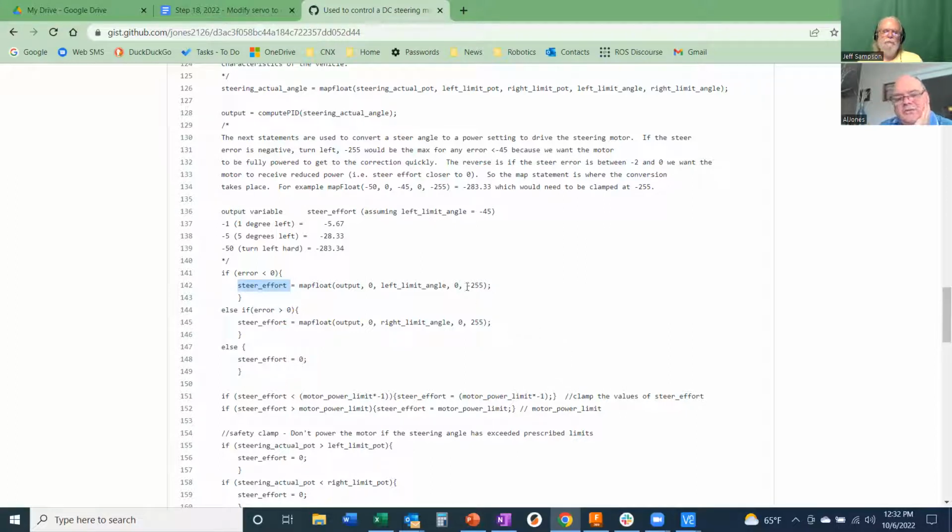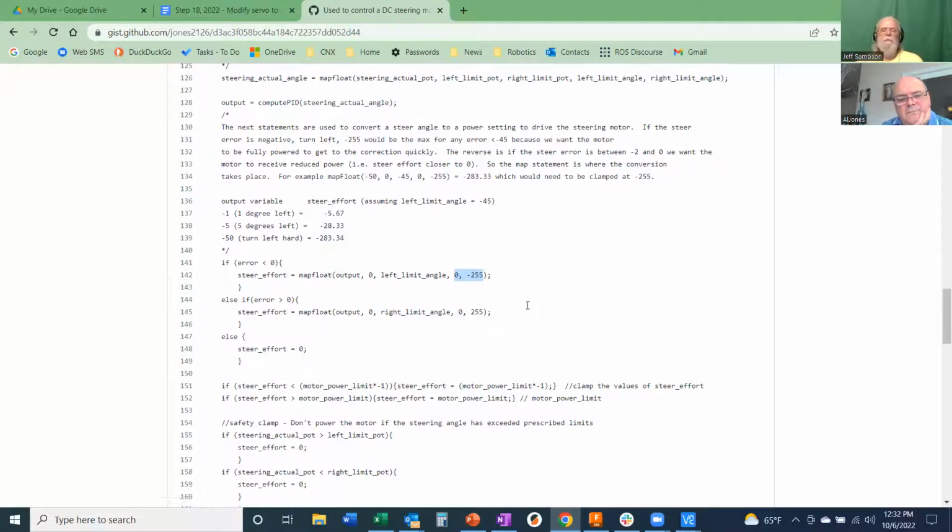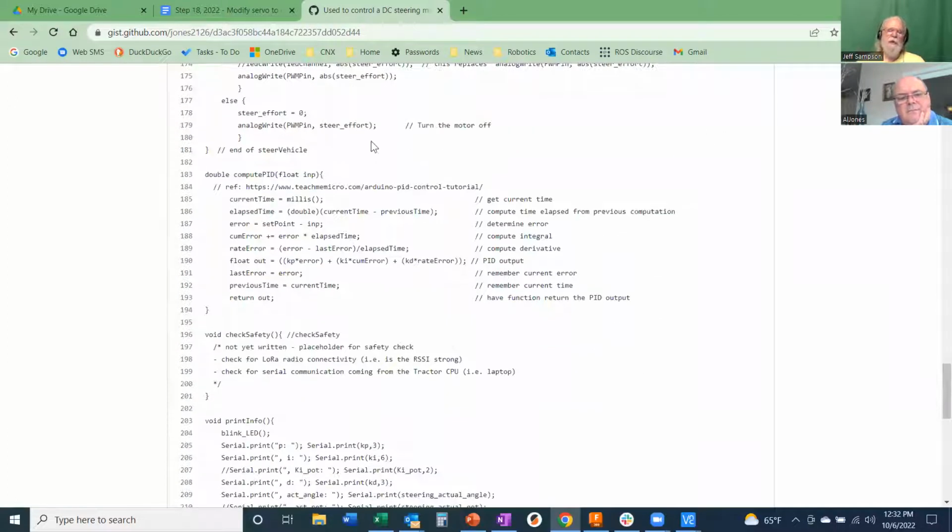In yours, how do you vary? When do you vary your steer effort between 0 and 255? That's what the output of PID does. That's going to give you a number between 0 and some large number. And then when it falls down, you clip that to 255, so you can't put out any more than that. And then that's just what you use. That's what you put into the... But control the thing. Input to my PID